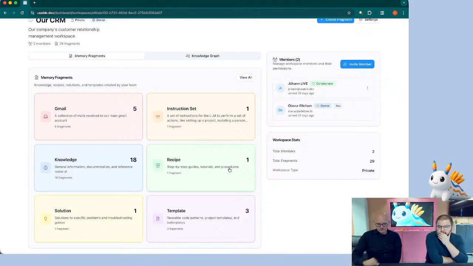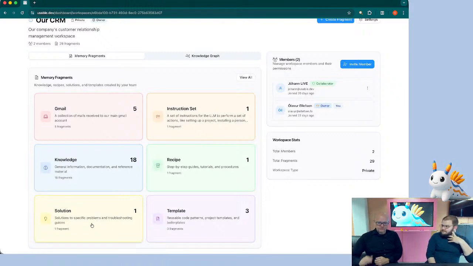And the fourth one is solution. So solutions are a specific fix or outcome to a problem. What solved it? Can you think of an example where we would have a fragment that would be a solution? We have several. Whenever we fix a bug or find an issue that we solve, we tend to just create solutions for it, so that when that happens again later on, we know exactly how to solve it, or Usable knows how to solve it,